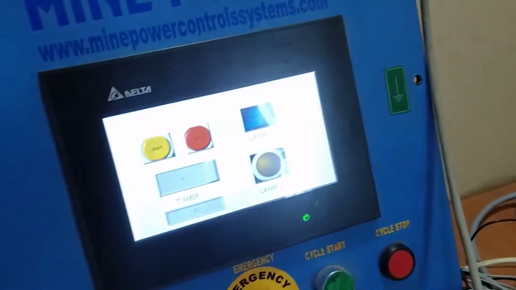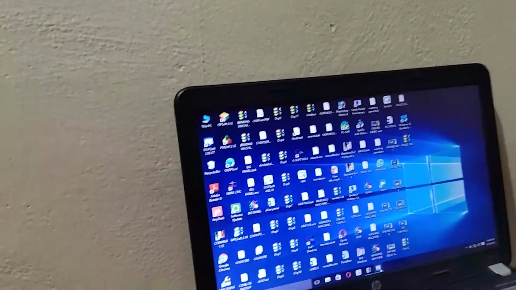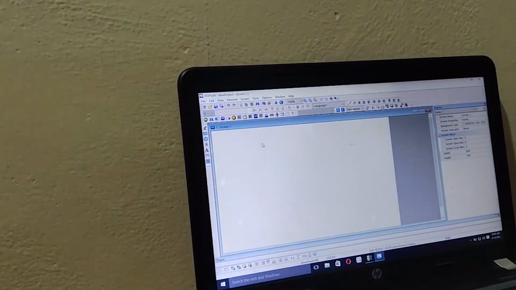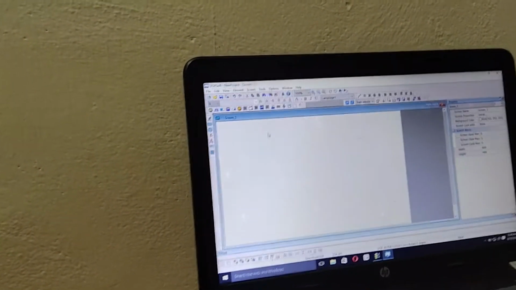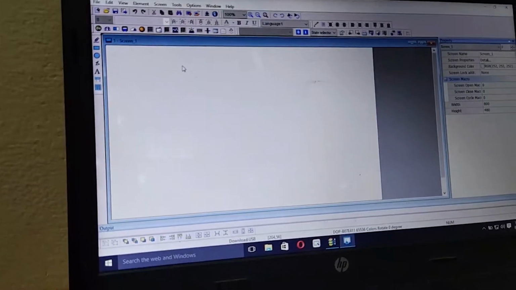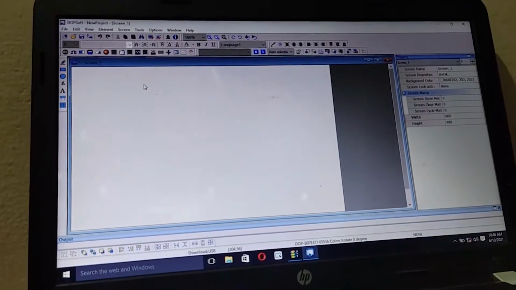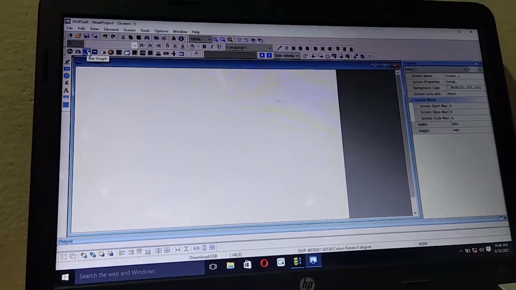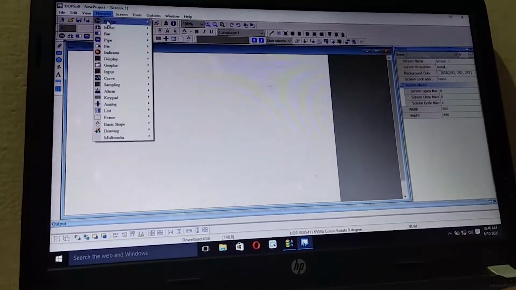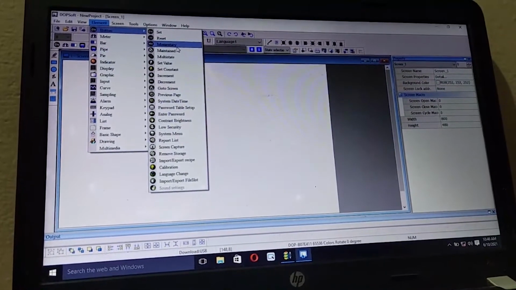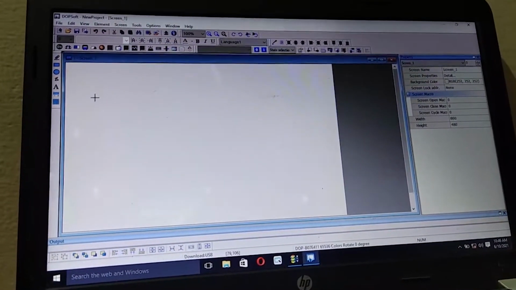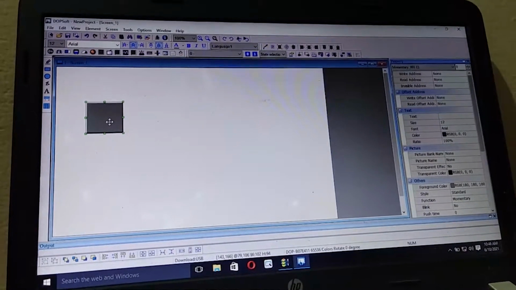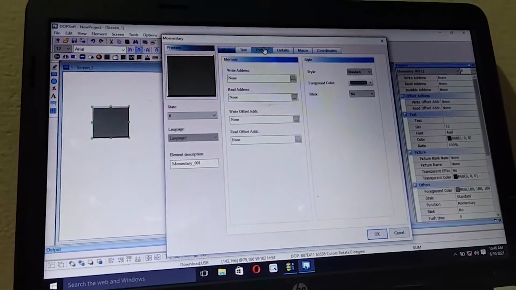Now I am going to design an HMI. So I am using DOPSoft 2.00 version. This is the screen. Now I need to do a simple communication process, just two on-off buttons and level indicators. First, I am using a switch button. Momentary is an on-off switch. Then I go to normally.